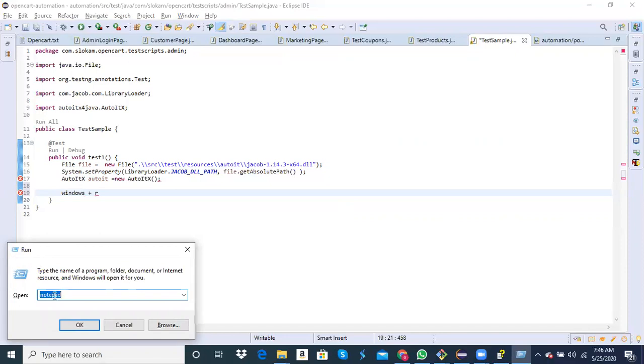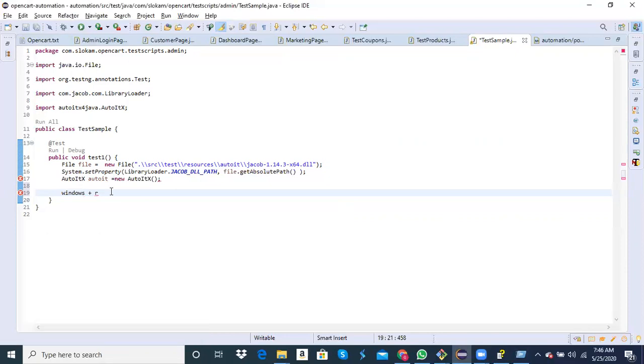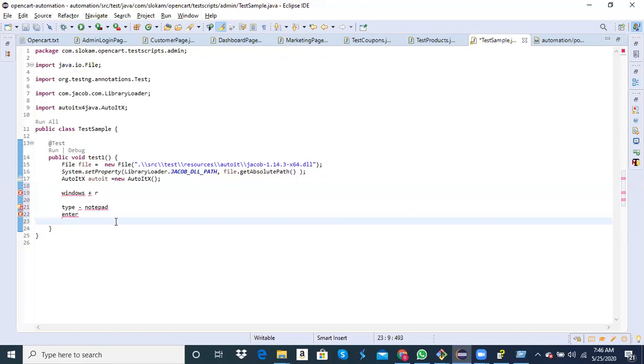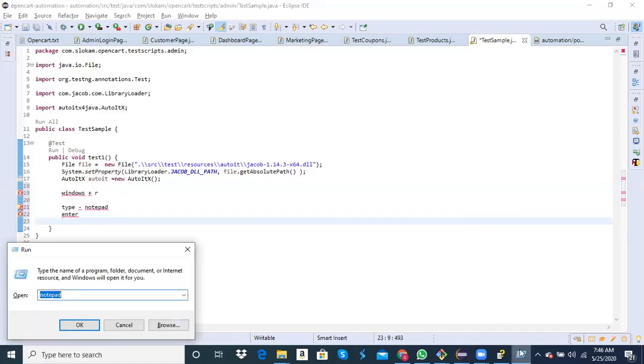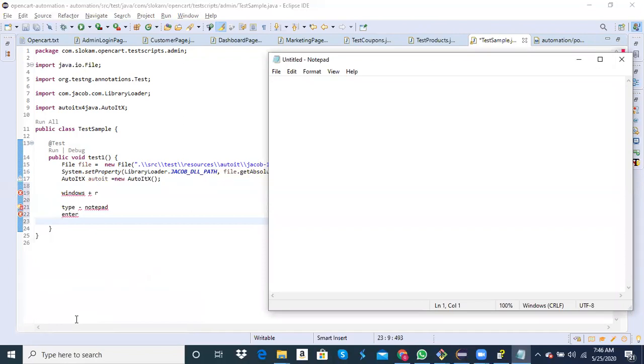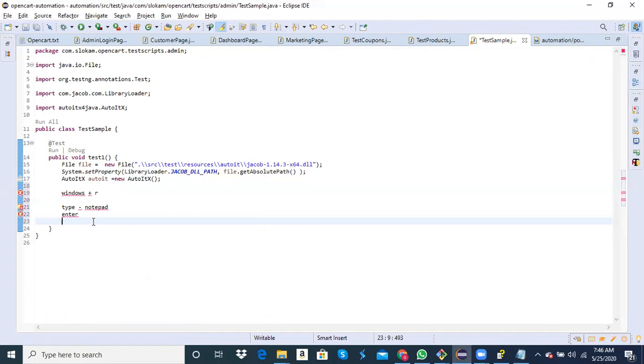Here I'll type Notepad, and then after that I'll click on Enter, or you can even click on the OK button also. You will get this one. So here you will type something and then run it.